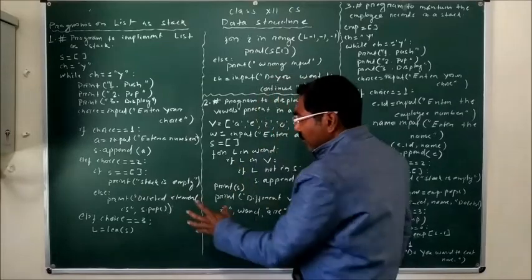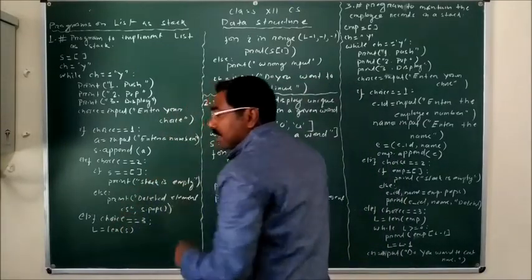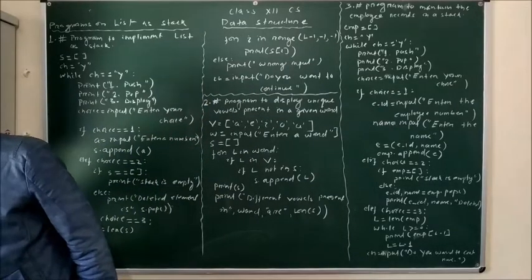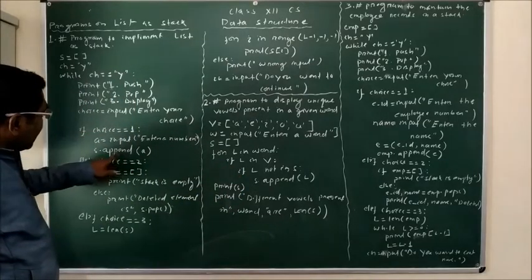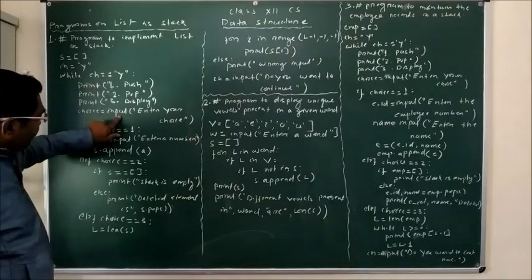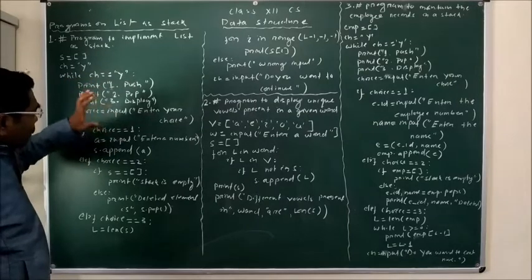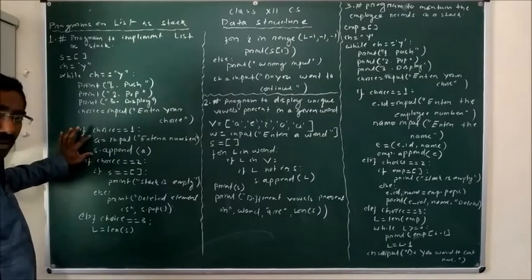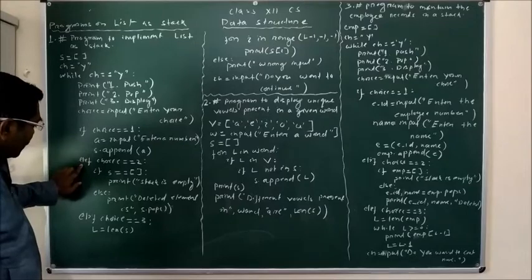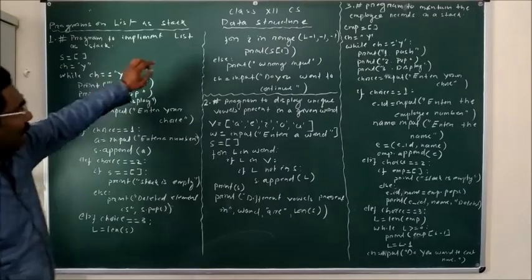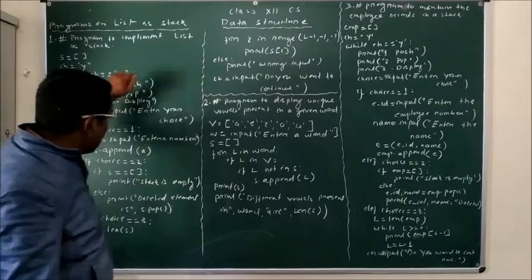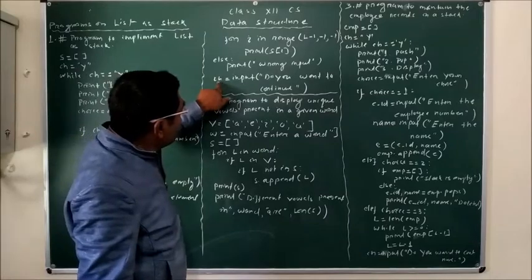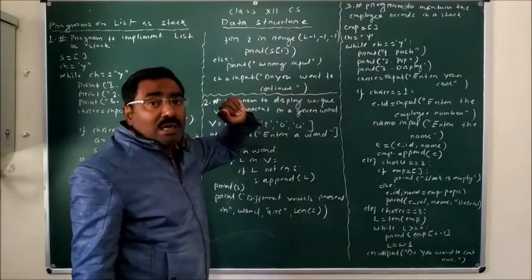Before going for the display, let me make you understand how the stack will store the value. Whenever we are appending, suppose first we execute 1. After execution of 1, if you press 1, this condition is satisfied, so this much of the statements will execute. Then the elif will not execute. Here the else is also not executed because this condition is satisfied. So what will be the next statement? The next statement, ch is equal to input, do you want to continue?